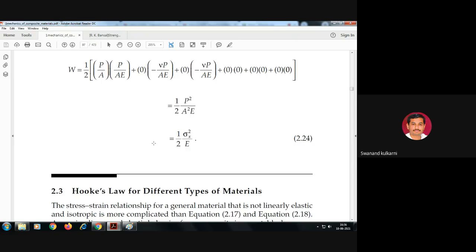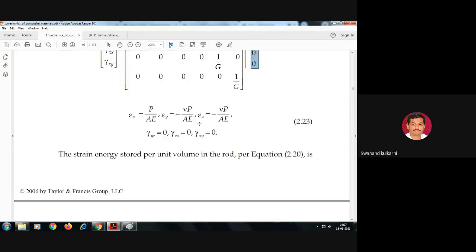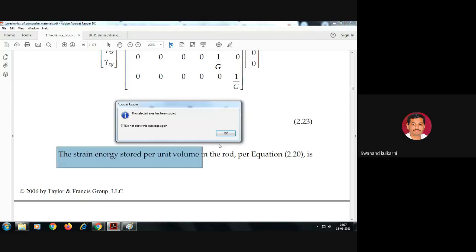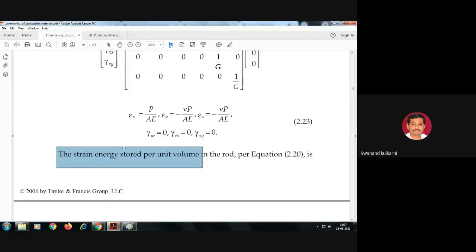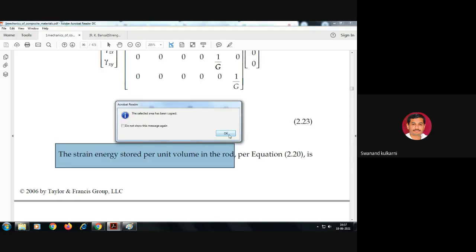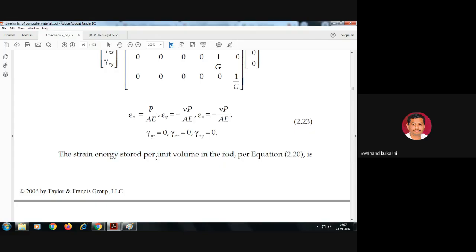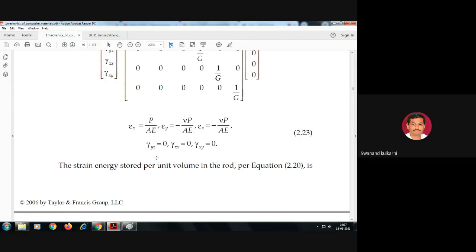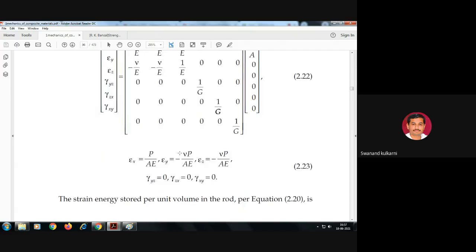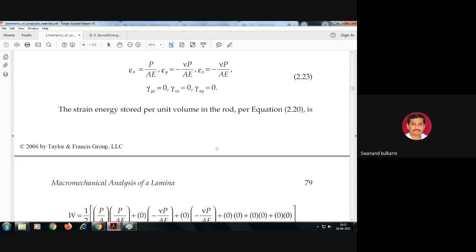That is the equation of strain energy, where V is considered to be volume. Here in this case, we are considering strain energy stored per unit volume. Is it okay? So here this particular word is very important: strain energy stored per unit volume of the rod. In order to calculate that particular strain energy stored in the rod per unit volume,